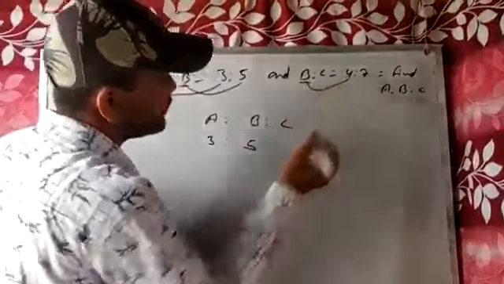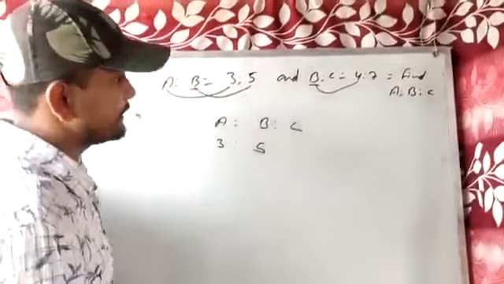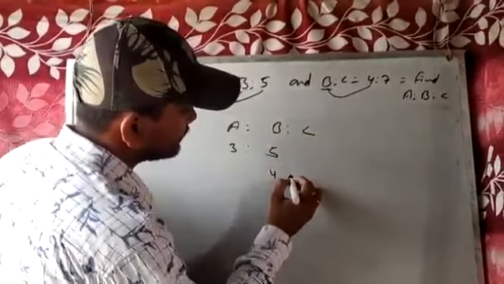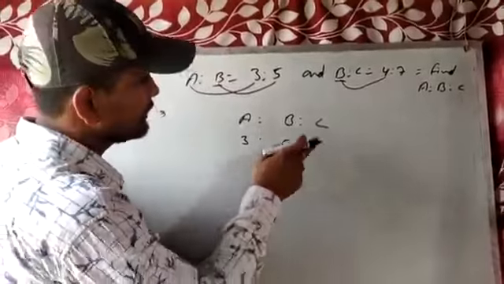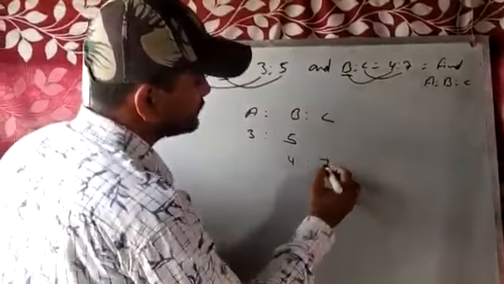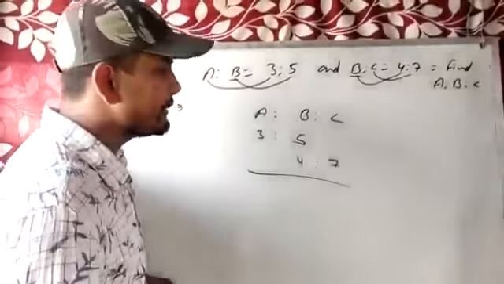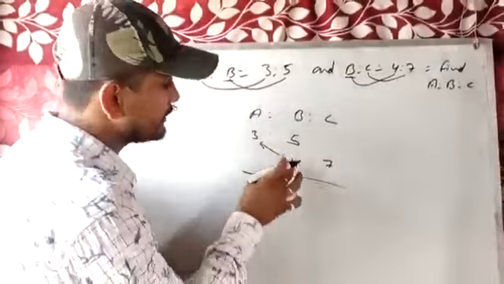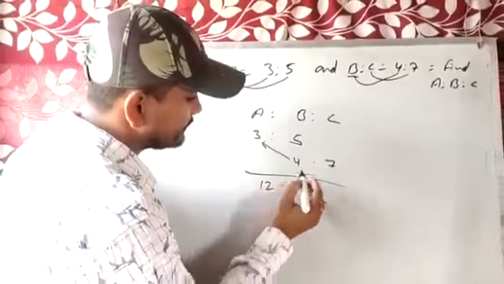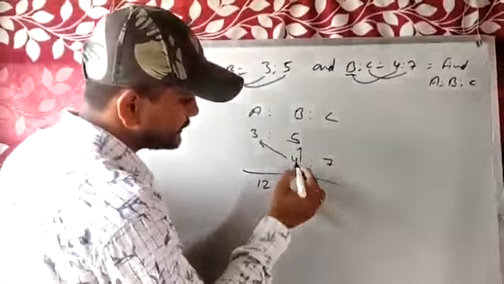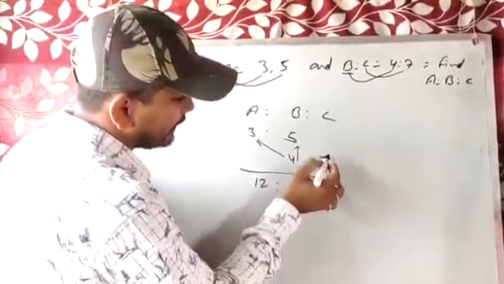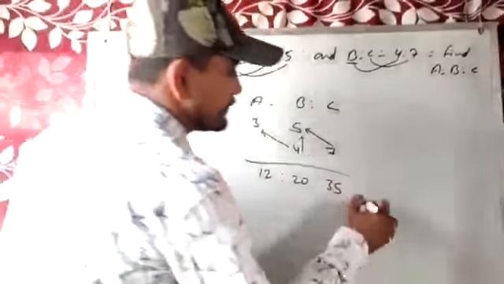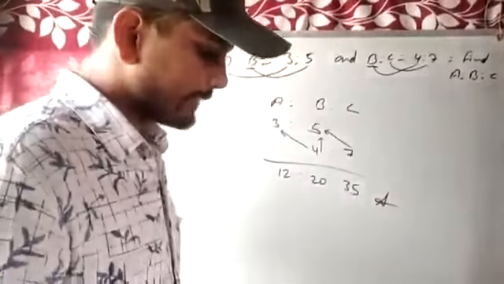Now again the value of B is equal to 4. So now where will we write B? Now B is equal to 4, so here I will write 4 is to C. Down. Now the value of C is equal to 7. Now simply I will do multiplication. How? 3 4s are, okay, so 4 3s are 12. Now again this to this, 4 5s are 20. And now this to this, 7 5s are 35. Okay. This one is our answer.